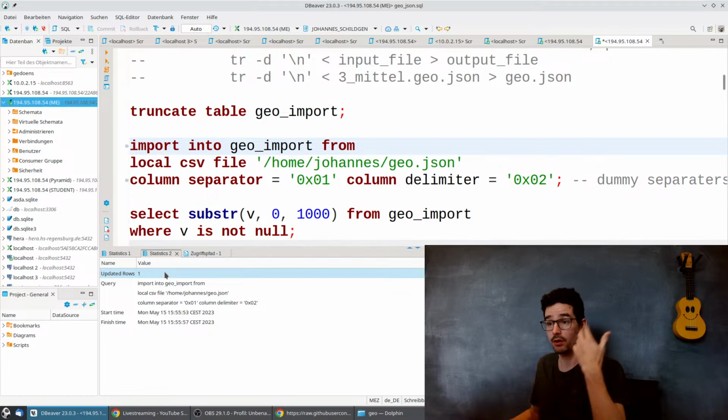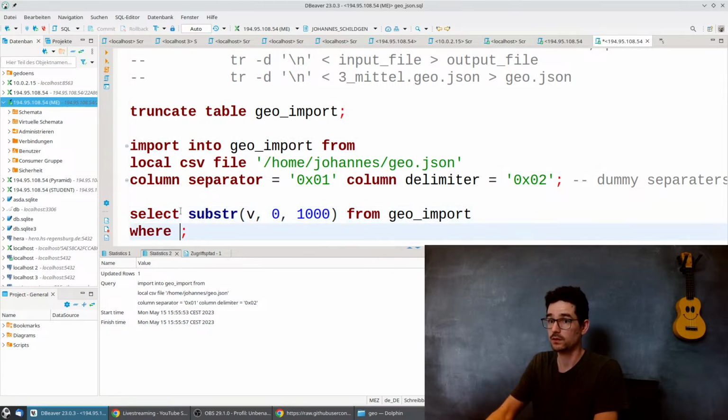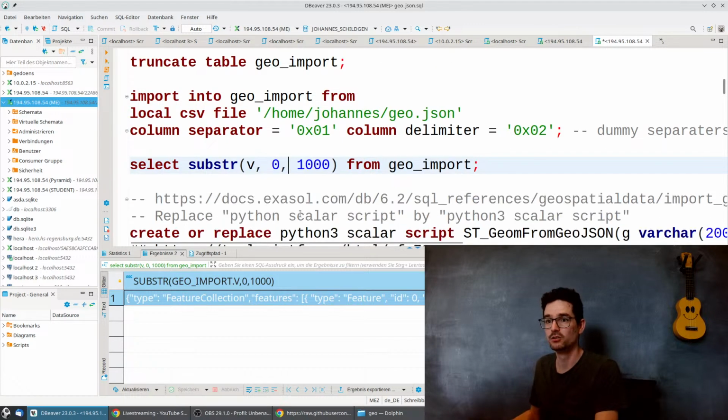Updated rows 1, because the file has only one single line with all data. And now I see this row. I truncated it after 100 chars because I don't want to see the full 2 megabytes here. So now